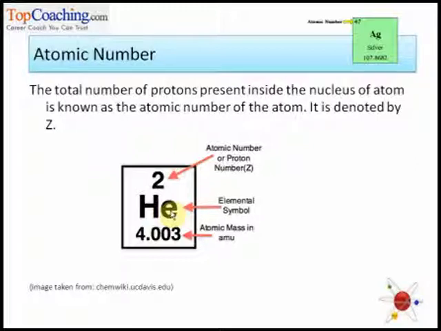Number 2, since the number of protons in an element is equal to the number of electrons, and electrons are the ones which identify all the chemical properties of an element, like how reactive the element is, with what all other elements this element can react to form more compounds. It depends on the number of electrons. So essentially it's the atomic number of an element with the help of which you can immediately get to know all the chemical and physical properties of that particular element.